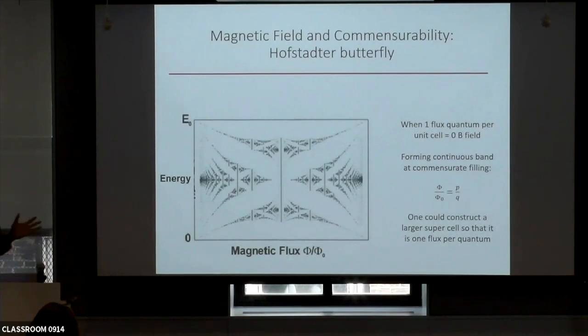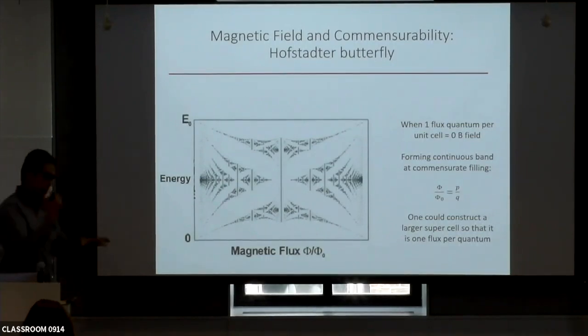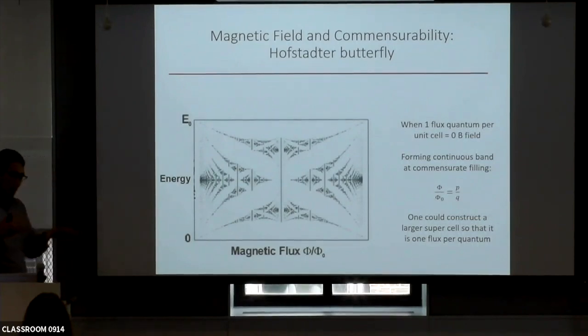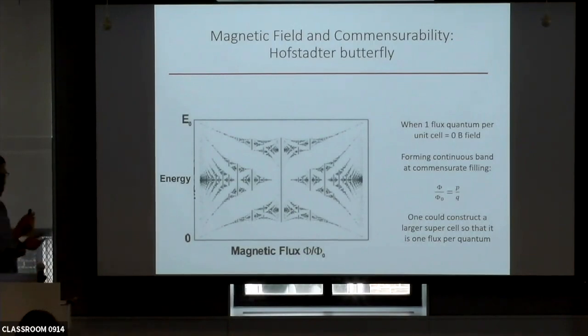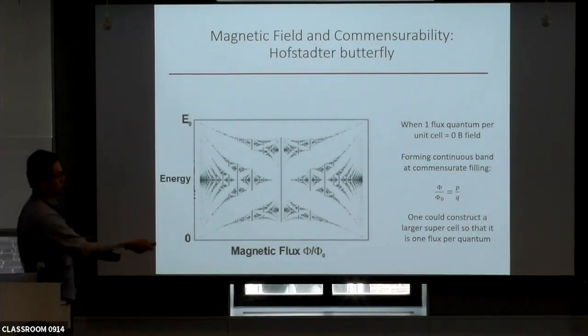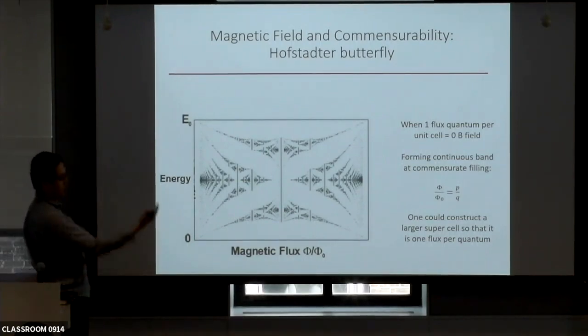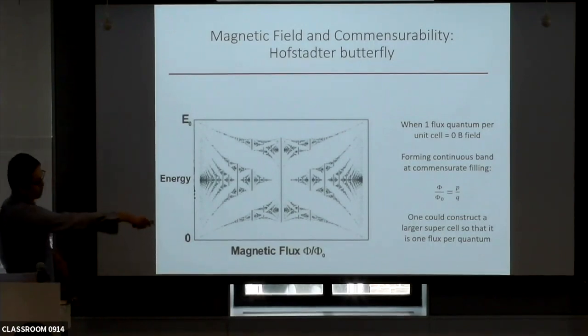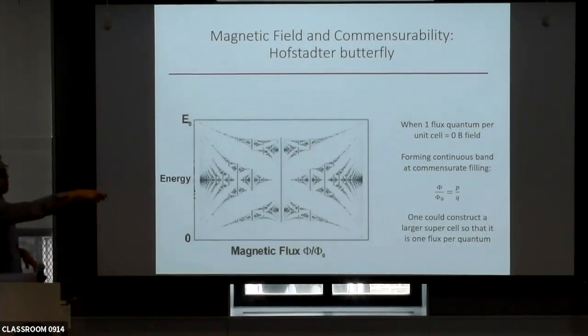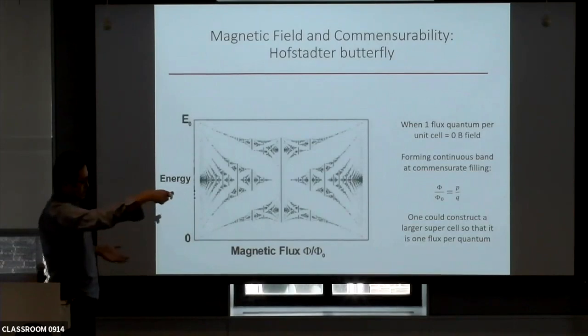So here, there's also an interesting interplay between magnetic field and the underlying lattice, and somehow the electron in the magnetic field can actually know the underlying lattice constants. Then there is a special condition, the commensurate field condition. That is when the magnetic flux going through the unit cell divided by the flux quantum corresponds to a commensurate ratio P over Q, where P and Q are integers.